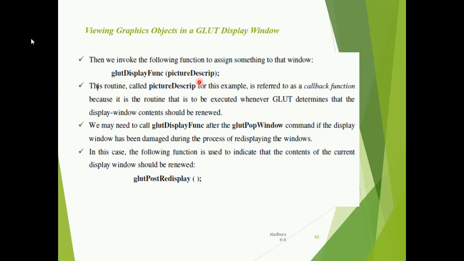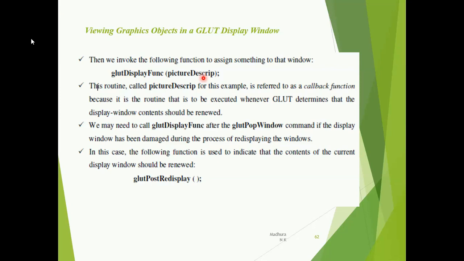So that time you have to call back the picture descriptions, whatever is being displayed on the current window screen. Picture description is nothing but, inside the window whenever the display is going to happen, you will have the values, maybe coordinate values, picture information, pixel values, what color the object has to be displayed. All the values we call the picture description.